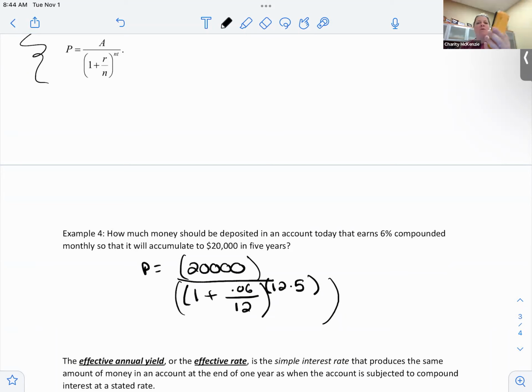I can't see the whole formula there, but okay, so let me do it this way, second function. You still can't see the whole thing. It's all right. So I got $14,827.44. That's the amount of money I need now to get to